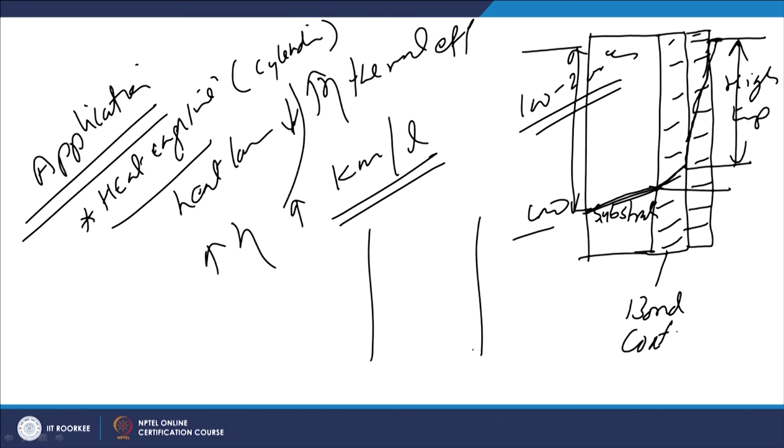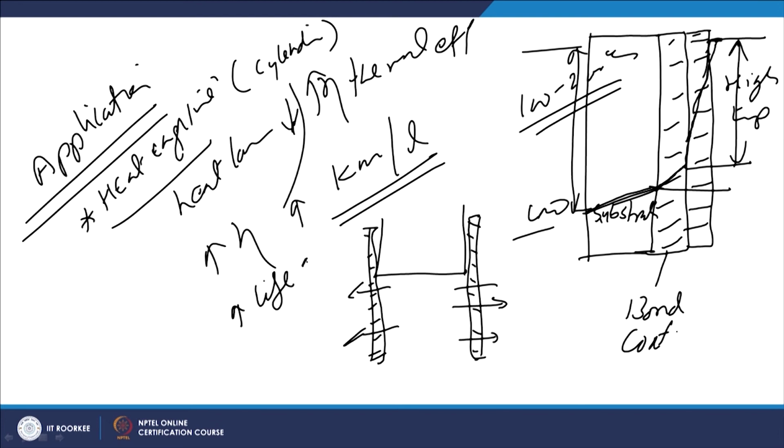And how it is applied: say this is the cylinder and here our piston will be working. So, the application of the TBC on the internal surface of the cylinder will try to conserve the heat as much as possible, and the heat loss to the coolant and the surrounding will be reduced. So, most of the heat is utilized for generating power, and the rise in temperature of the cylinder and all the components nearby will be reduced, which in turn will also help in increasing the tribological life of the components being used.